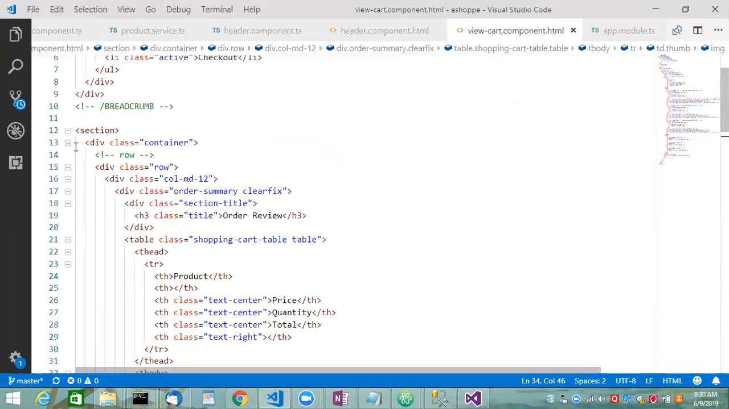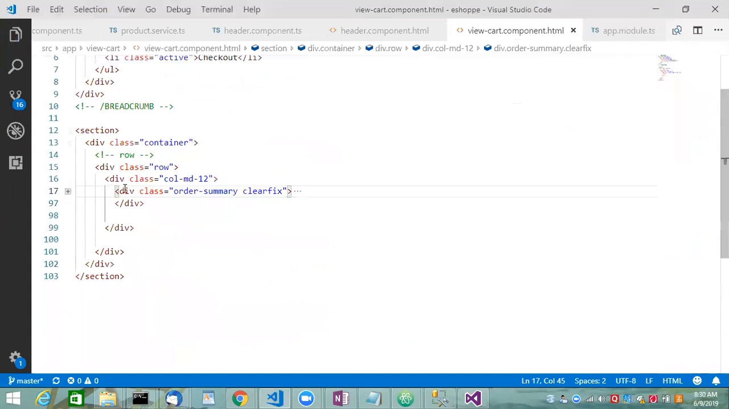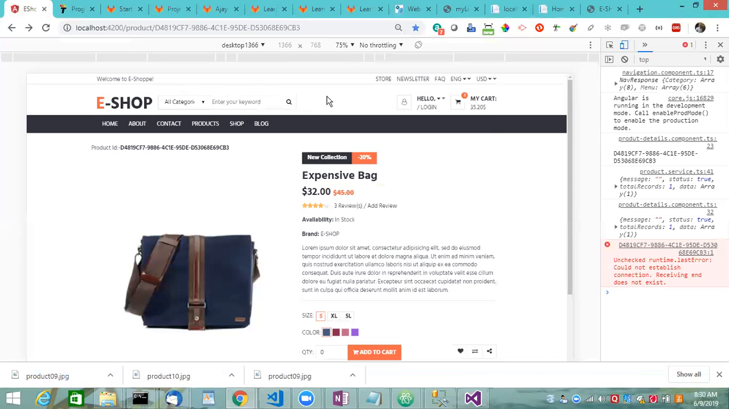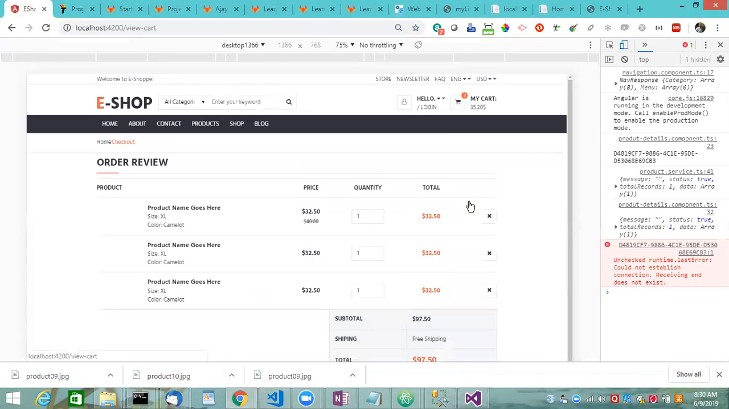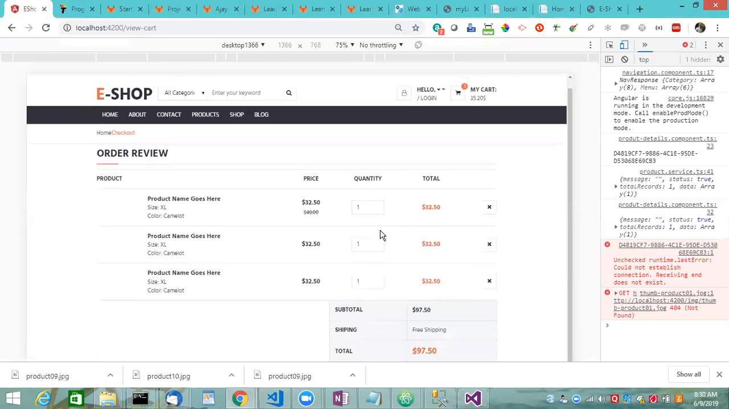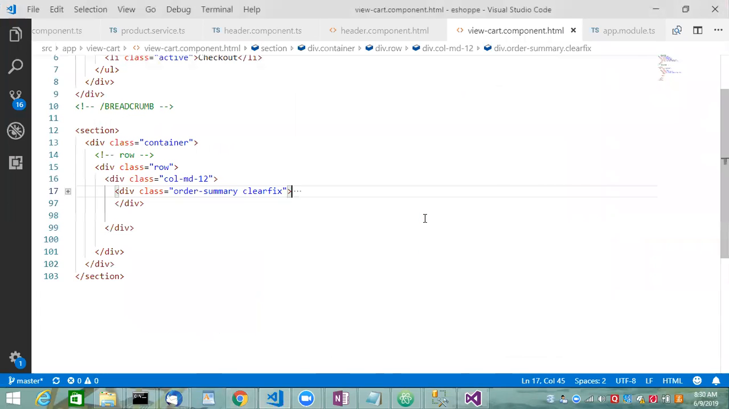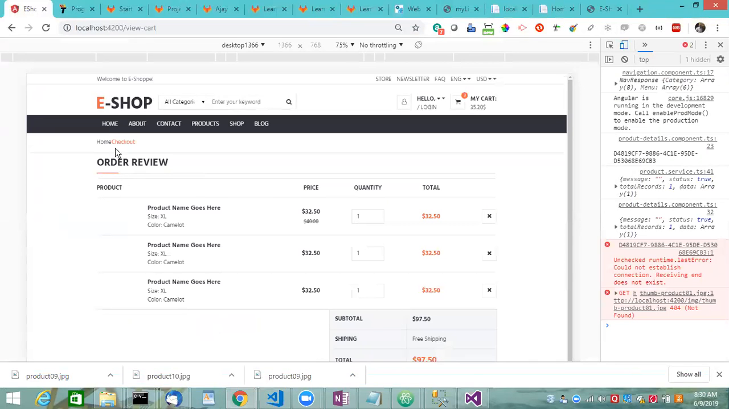In fact, this whole order summary and everything, all these things should come from view cart detail. I mean, I should not be putting it over here. I should call that view cart detail, and that should bring all these things here. Let's see at least it is working or not. So I am going to view cart, and yes, obviously static, it's all working good. Now what I will do is